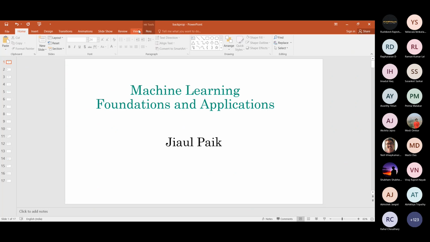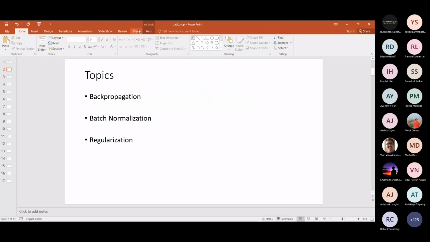So, let's get started today. My plan today is to focus on these three things. We have been talking about backpropagation last time. I showed you a simple example, backpropagation on a simple network. It's just one input, one output, and a couple of hidden nodes. And I tried to show you how you can compute the gradients using